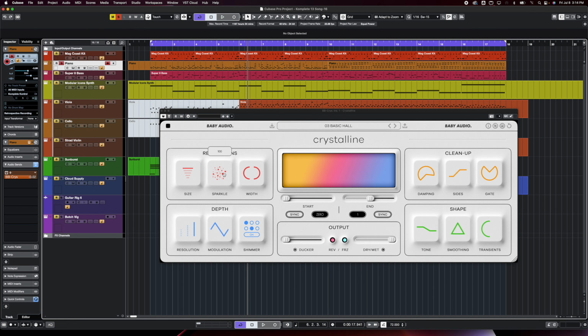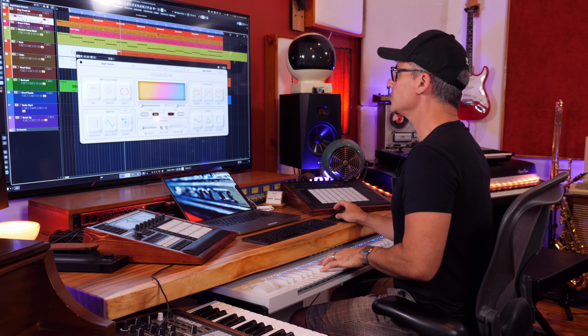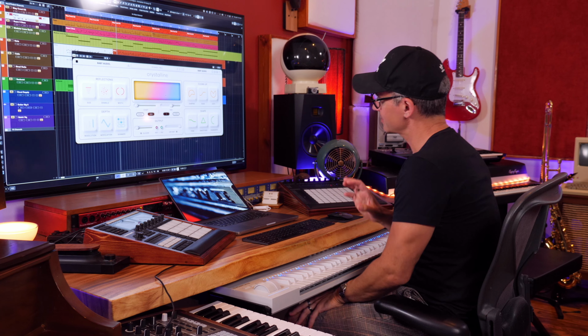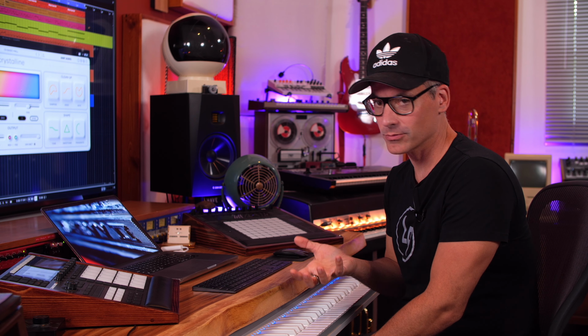Here we've got sparkle, which kind of makes things brighter, and tone, which makes things brighter. But with this shimmer, what you can do is you can say, I just want the high frequencies to actually echo longer than the other frequencies. So you can see how a plugin like this has some very specific sound design capabilities that other reverbs don't,